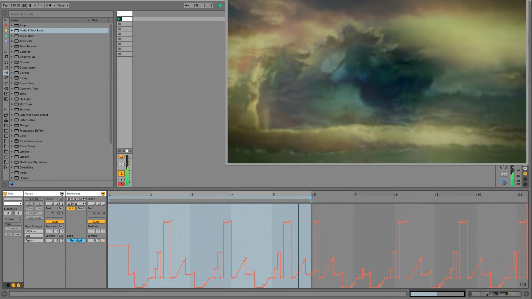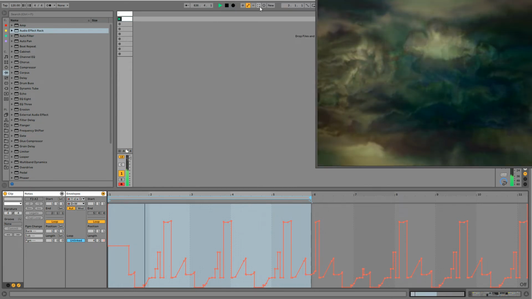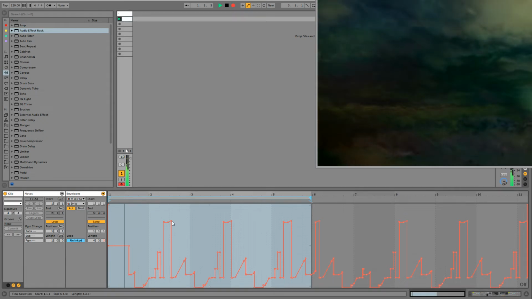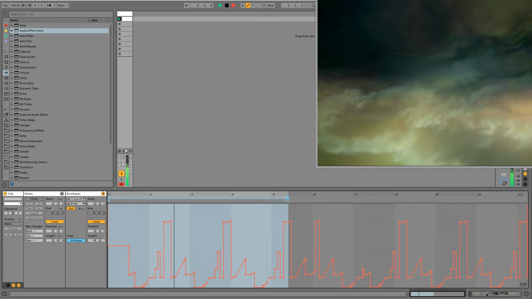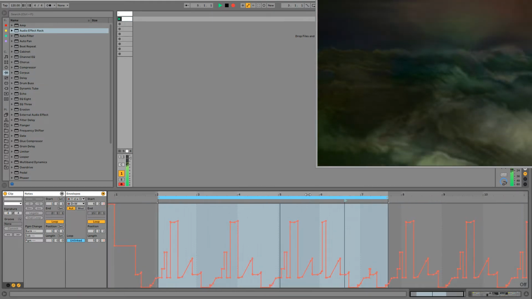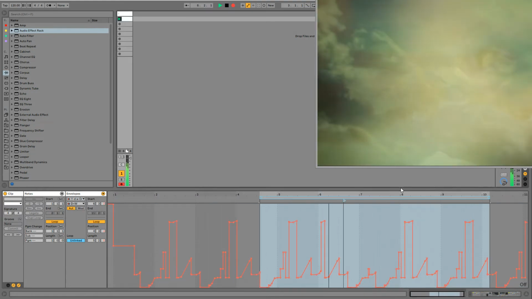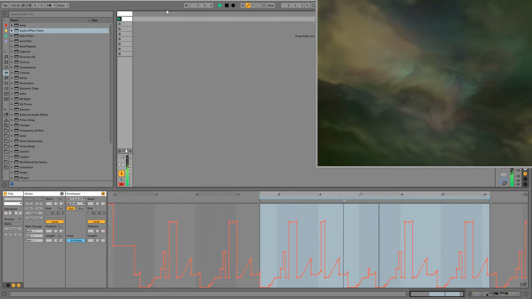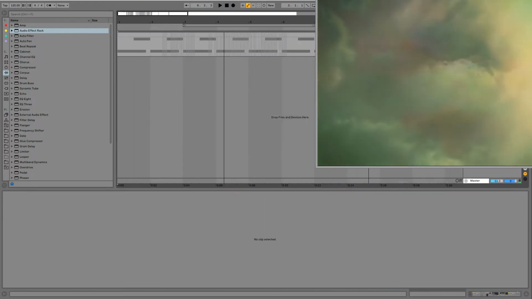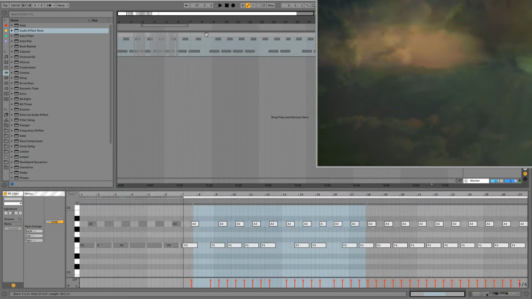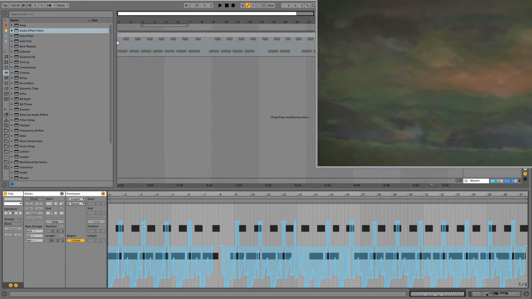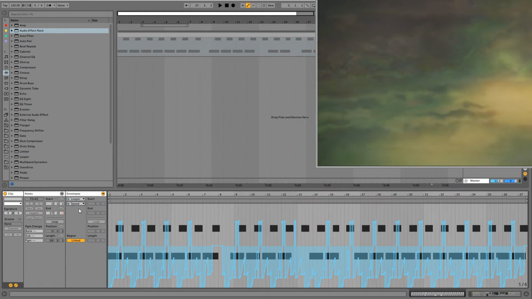Also, one crazy thing you can do, let me move this video out of the way for a second, is hit record and move the head here, or the whole thing here, so that our playback is jumping around. What you'll see going on here is we just recorded a bunch of steps. Now, if I go through here and hit Control J on Windows, and let's see here.